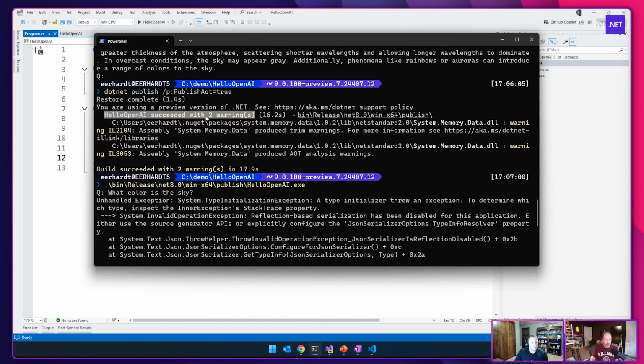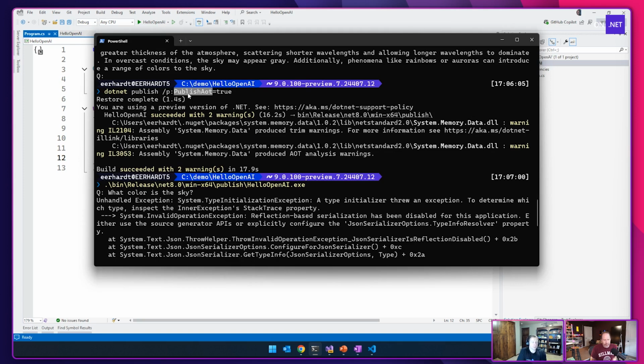And so that was mistake number 1, is I ignored the warnings and I just bowled ahead and said, let me try running the app. Mistake number 2 was setting this publish AOT on the command line. We highly recommend setting this publish AOT property in your CS proj. The reason for that is there are what we call feature flags that get changed as you want to publish AOT or publish trimmed.